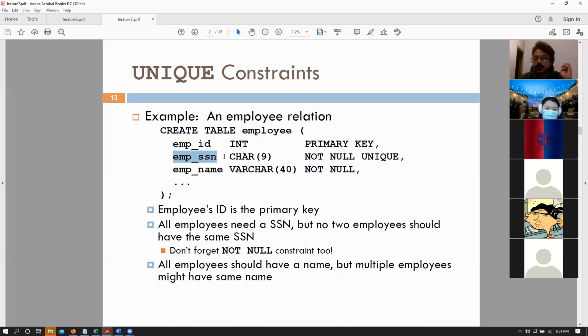So we are saying employee SSN number char9 not null unique. And you can see that we are just tacking on more constraints on our attributes, right? And employee name cannot be null. It could be not unique. That is fine. Multiple people can have the same name, but SSN numbers have to be unique and not null. Yes. Any questions?